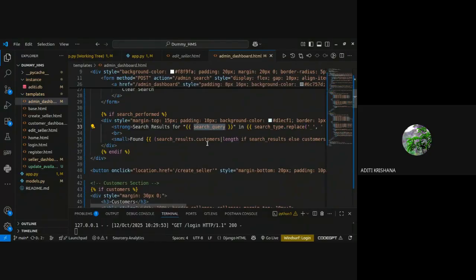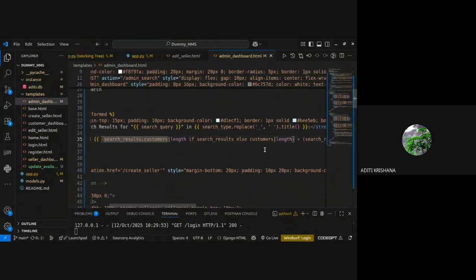Okay, and I have also told to mention the length. Means, for example, how many customers are containing AD in their name. So the total number of that will be shown. Like, if a total of 5 have AD inside their username, it will be showing 5. So the length will also be shown.